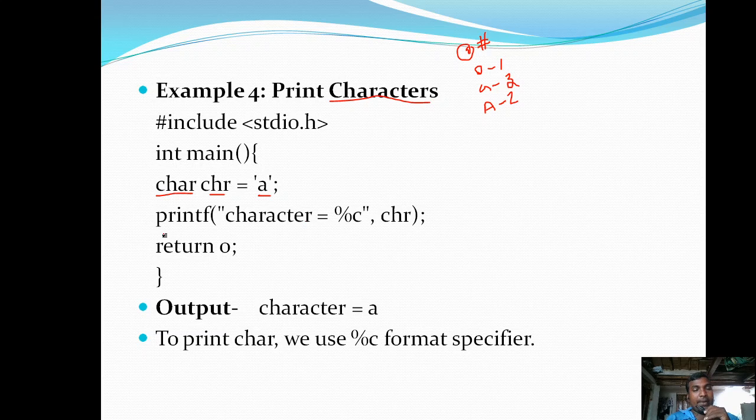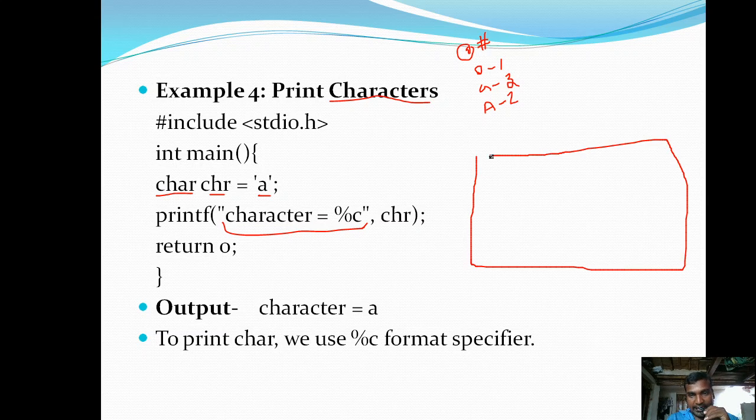Now, printf character is equals to %c. Inside the double quotes, whatever we write must be printed on the screen. So here, for example, this is the screen, and on this screen it is going to print character is equals to.